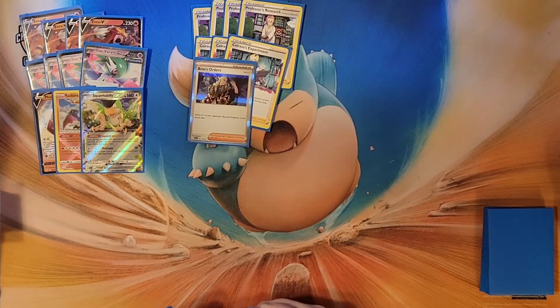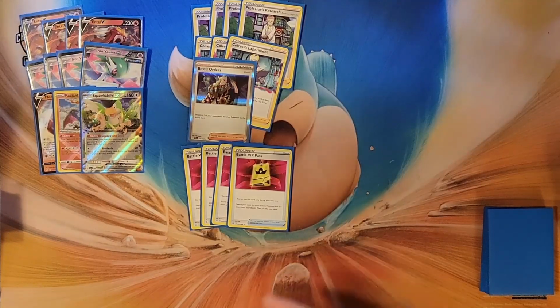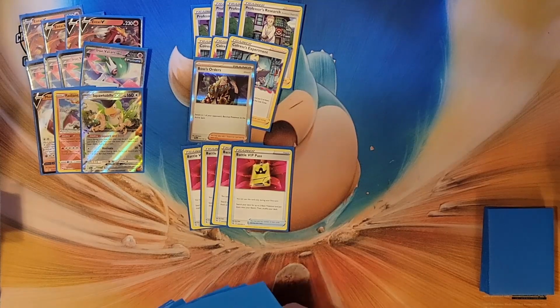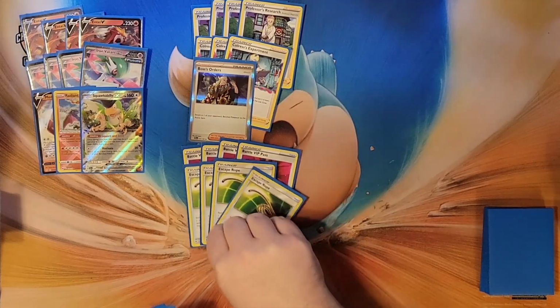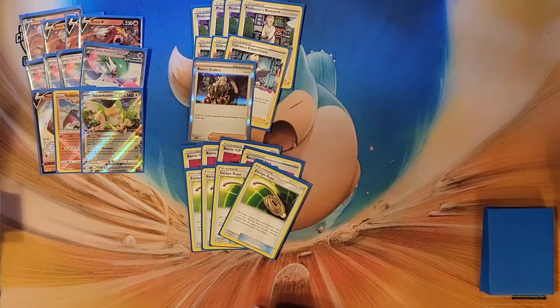First, we have Battle VIP Passes to get out Iron Valiants and any of the other Pokemon as needed on turn 1. Once you get Iron Valiant out, you'll need to do some switching. So we have 4 Escape Ropes to switch Iron Valiant into the active while forcing your opponent to change their